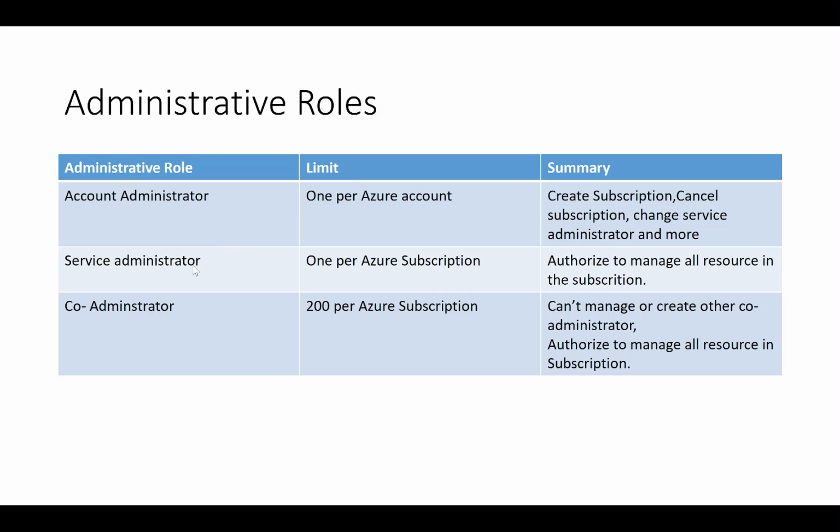One account for each has been created with the role of service administrator. And a project manager can have multiple developers in his team. So they have created a co-administrator for each developer, so that they can access the resources available on the Azure portal. But the co-administrator doesn't have access to create another co-administrator, though they can manage resources, such as creating a virtual machine or any other resource.